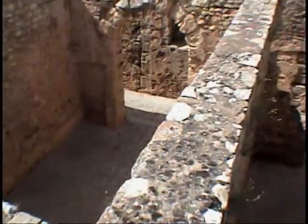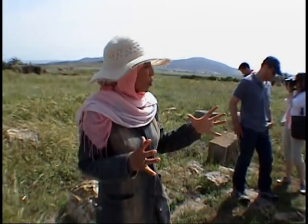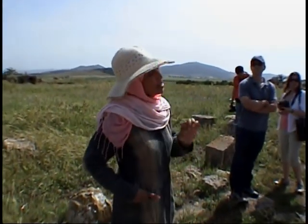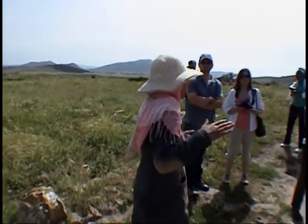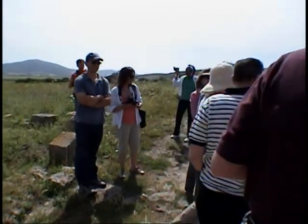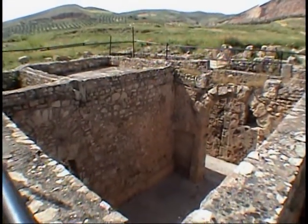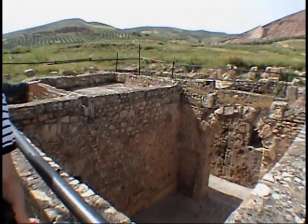Here, this house is named the treasure house because they found during the excavations a hoard containing 260 gold coins from the Byzantine period. Those coins are not from the Roman period, but the 7th century AD. All the houses of Bulla Regia, of course, the different houses excavated, contain 2 floors. The ground level, the first level, was destroyed, for example here by the earthquake, and the underground level is still